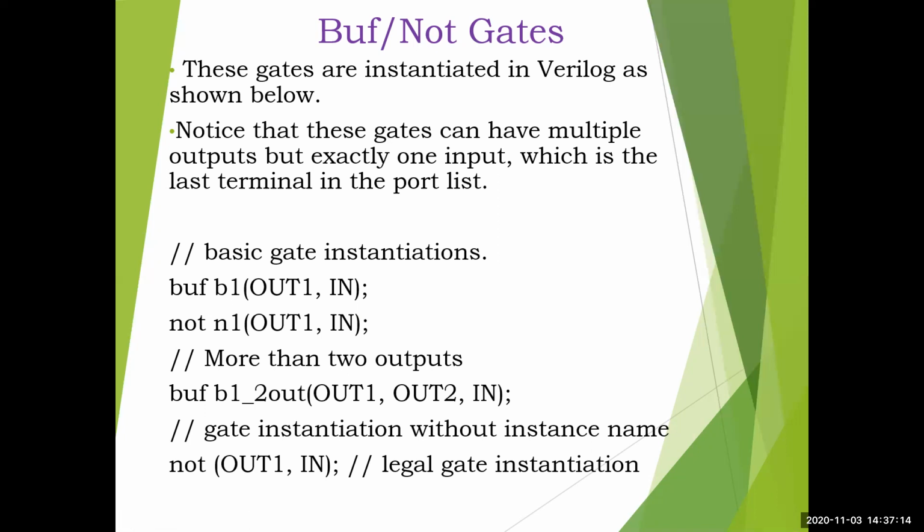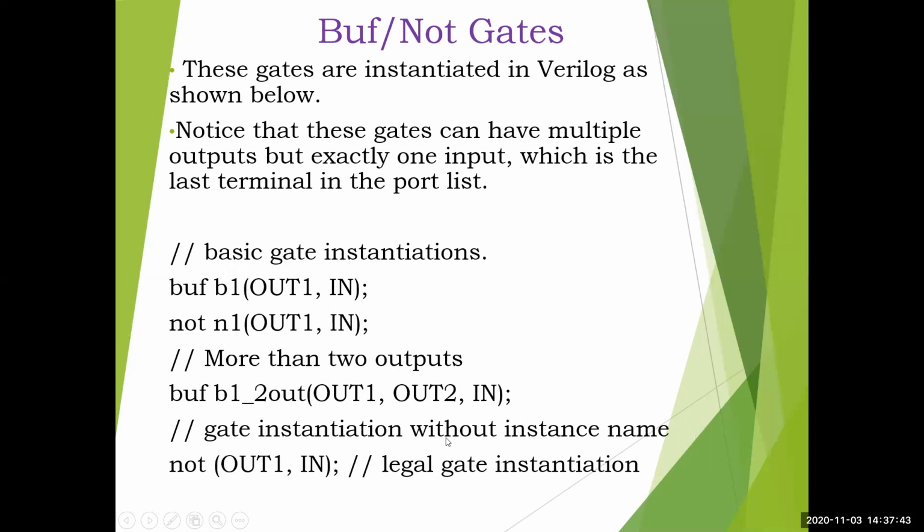So that is there normally in multiplexers, and we will be using that, right? In that case, we can use the two outputs: out one for one of the inputs, out two for another input. Like that we can take it. Here we just write the output first and the input will be at the end. The compiler will understand that whatever you have written at the end will be considered as input, and all the left side terms will be considered as outputs.